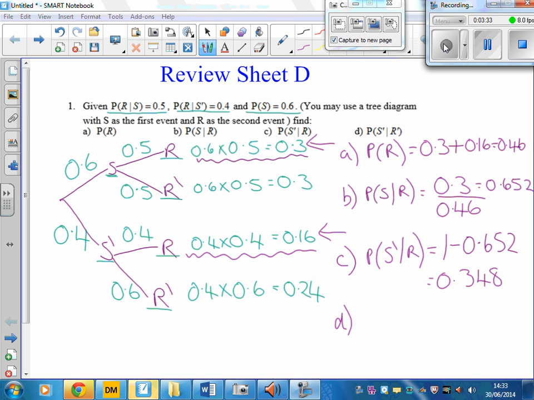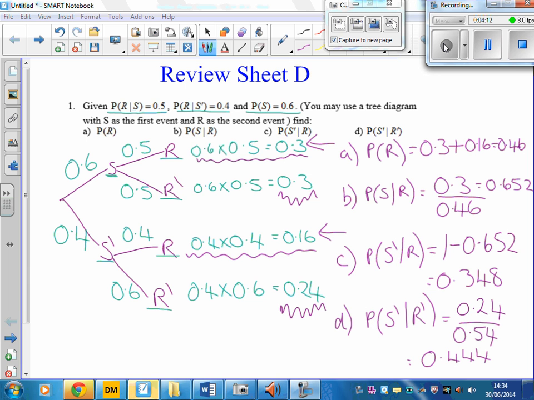Part D, the probability of S not happening given that R hasn't happened. So where R hasn't happened this time is this, 0.24 and 0.3. So that's what it's going to be out of. That's the probability that is going to go on the bottom, 0.54. And where S hasn't happened, that would be the 0.24. This is where S hasn't happened. So that's going to be 0.24 over 0.54, which equals 0.444 or